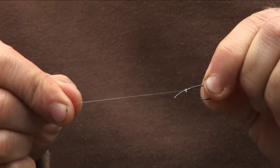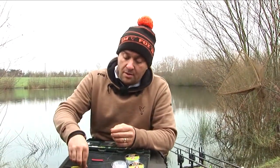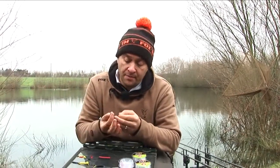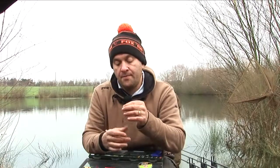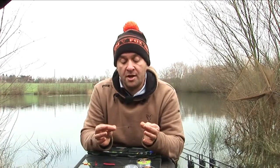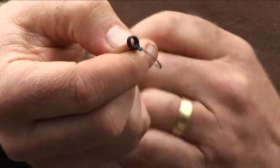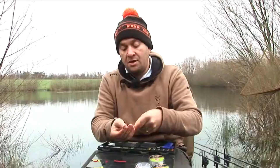Now it's time to put on the Zig Aligner. Very, very simple. Just go to the end of your line. I'll choose the black one today. And simply thread your line through the loop end of the Zig Aligner, which then comes out of the back of the Zig Aligner, and it's now attached to your line. Exactly the same concept as our existing line aligners. Simply thread it down to the hook end, just give it a bit of a lick, and then simply push it over the eye of the hook,